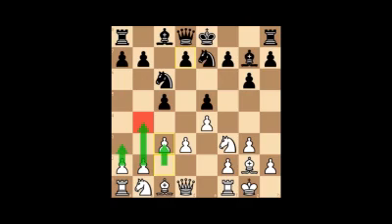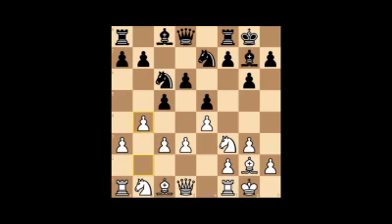In theory, it's possible to play also in another way. For example, play knight a3, knight c2. But I like this game. Okay, so d6, a3, castle, b4. The idea of this opening for the white is to make pressure on c5, and my idea is